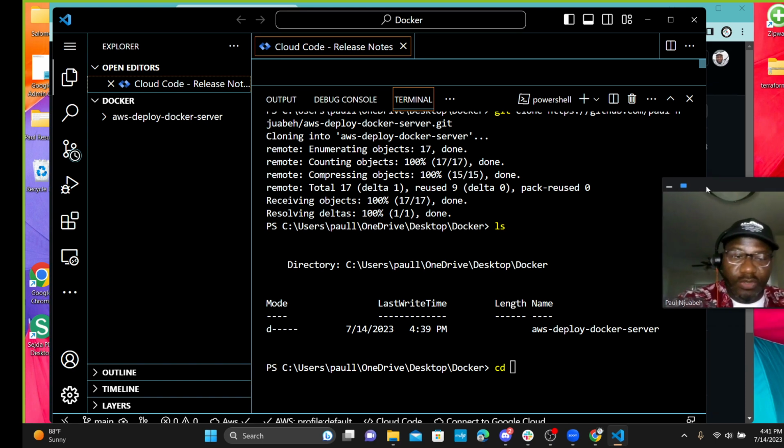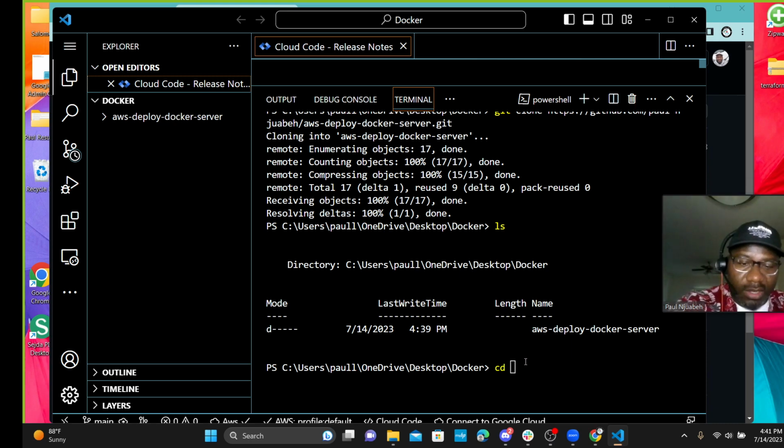We just want to make sure that everyone is seeing all the commands that we are running. We just clone the remote repository and that is it right there. And so right now we want to cd into the remote repository so that we can start running our commands to deploy